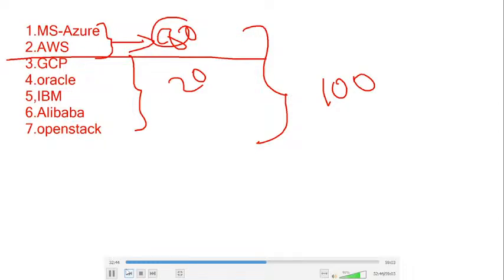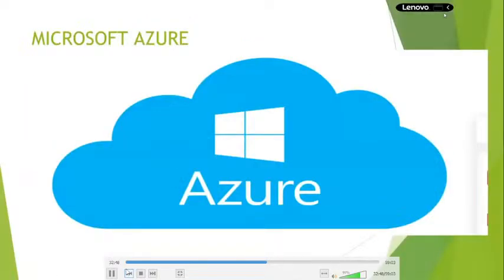So why Microsoft Azure? Why not AWS? Microsoft will say I am the market leader, AWS will say I am the market leader. What is the difference between both of them? Why should we go for Microsoft Azure, why not AWS? What services are very flexible in Azure? What things are not there in AWS? All that we will discuss in detail.